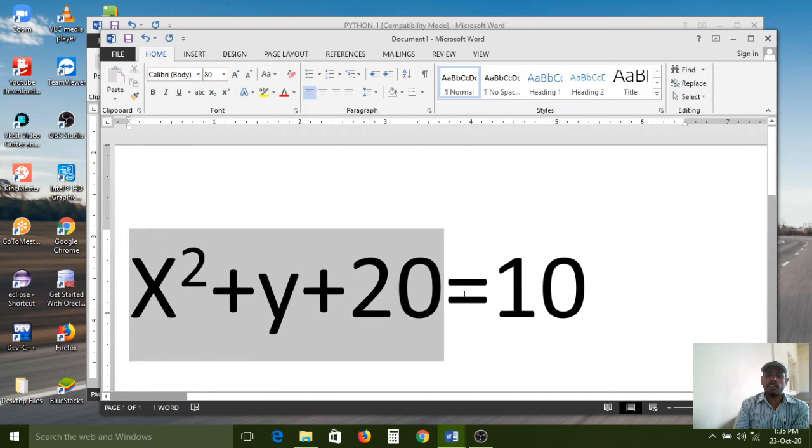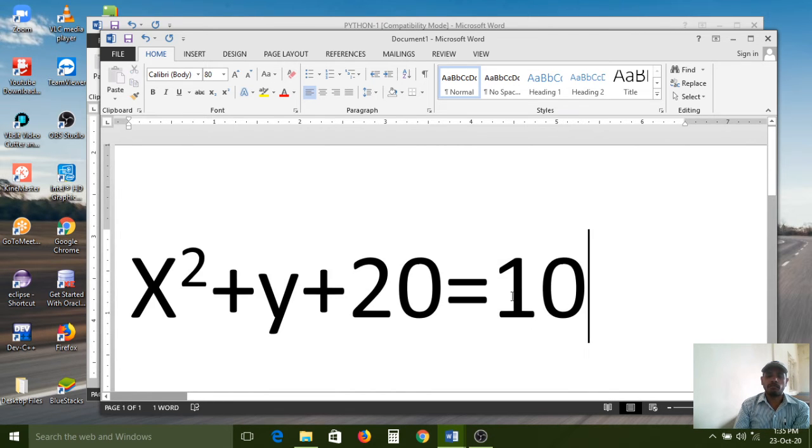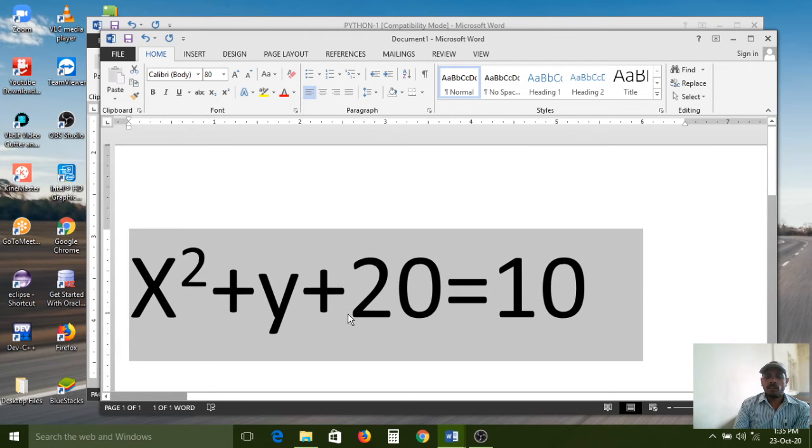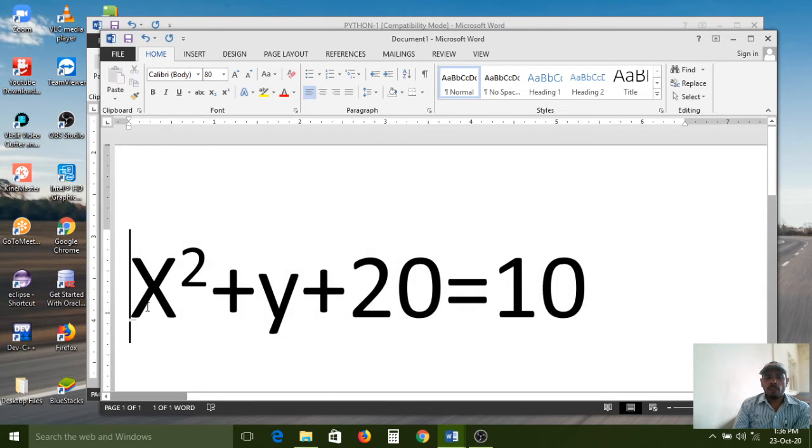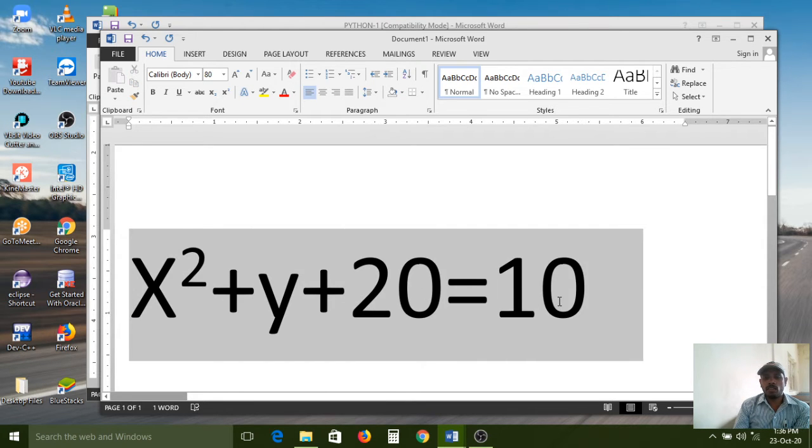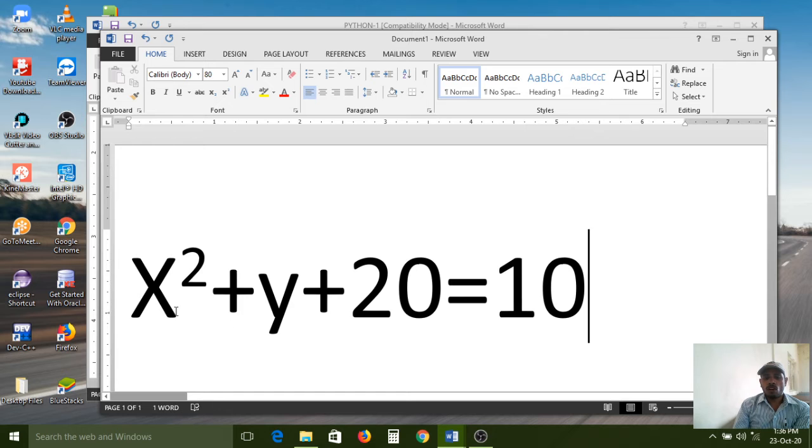This entire equation is also called an expression. After evaluation, in the math subject, we will get some result, some value. After that we need to store that value in one more variable.